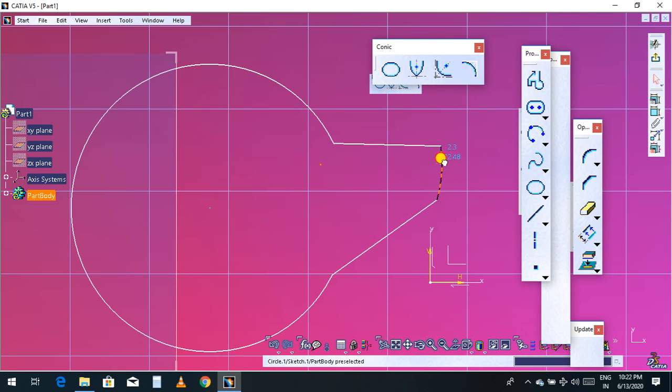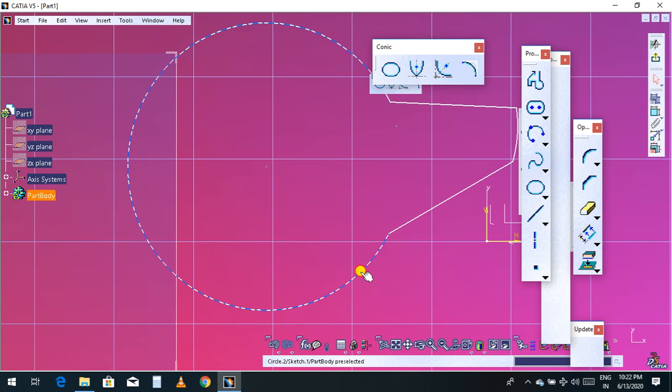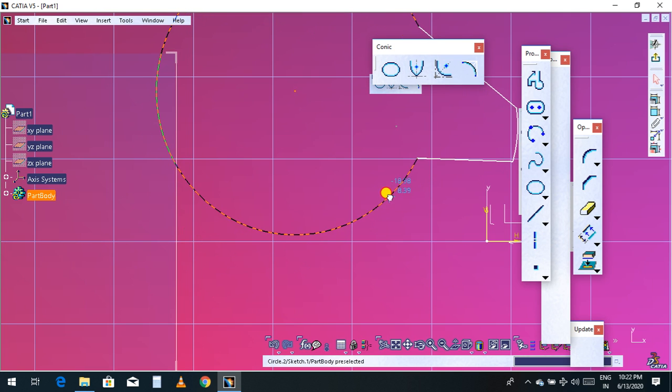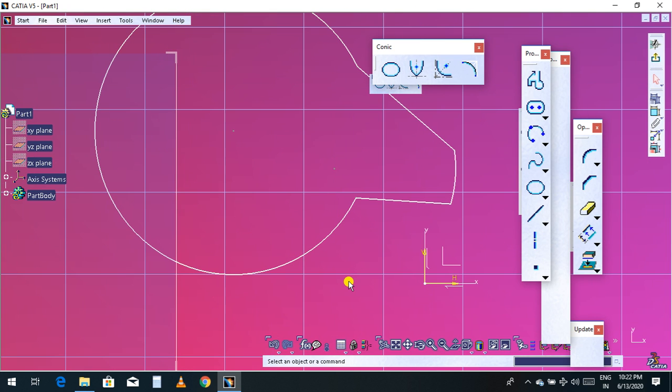You can see it is leaving its position, so it is unfixed. If you give a constraint or dimension, then it will not move. If you don't want to add any constraint value but want to fix all the parts, then you need to choose the fix option.